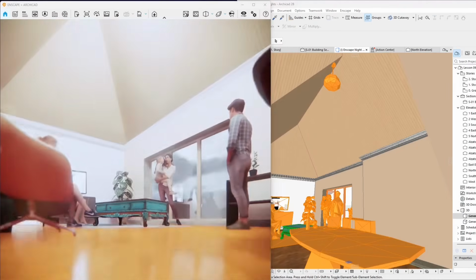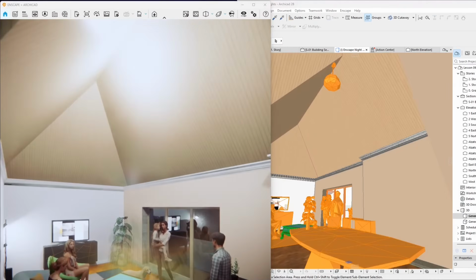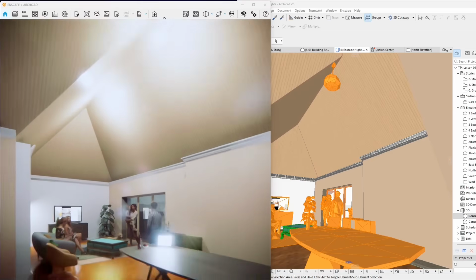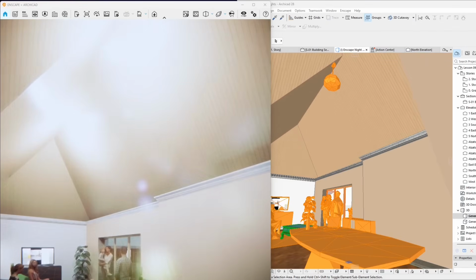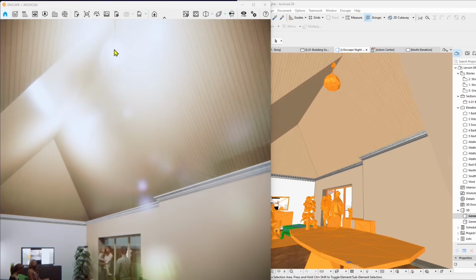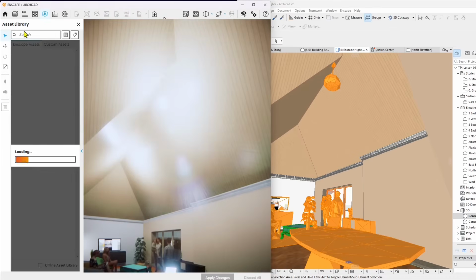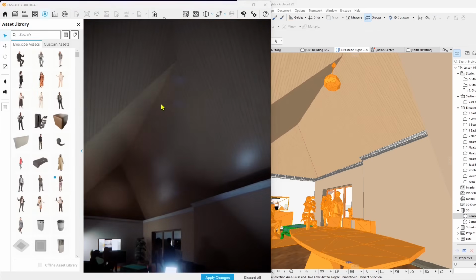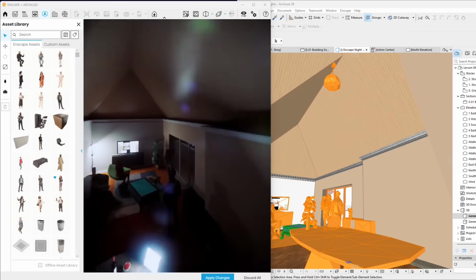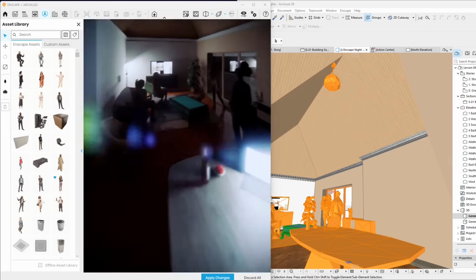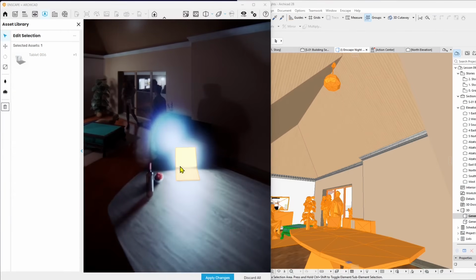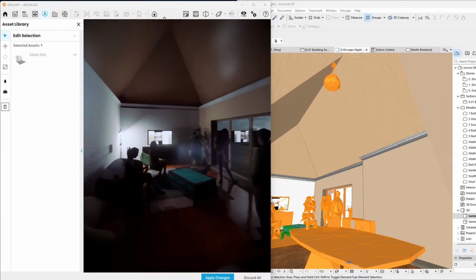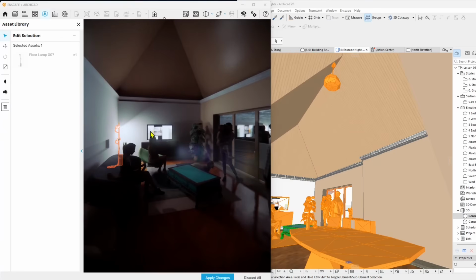What I'm doing here is deleting some of the assets that I put with Enscape, because you can put lights with Enscape, and in addition to this, you can also work with ArchiCAD lights. If I want to manage the lighting device from Enscape, I need to go into the asset library, select it, and remove it or edit it from there. And the lights in Enscape, you cannot do much editing, and you can use emissive materials though, which is another way, and you can change the intensity of the emissive material.